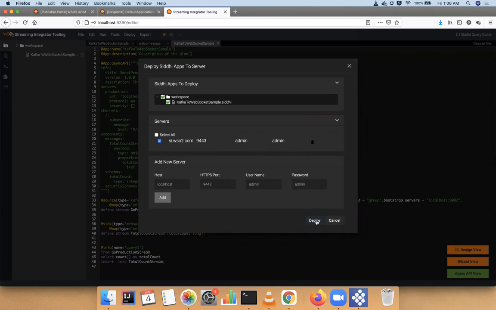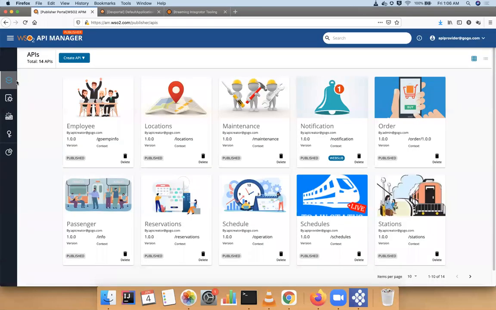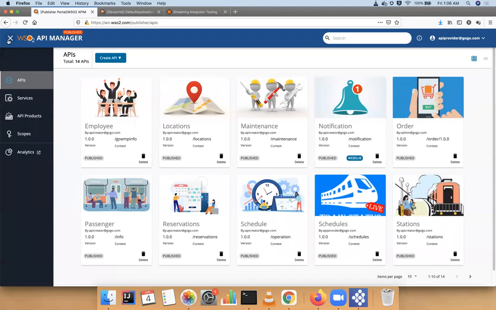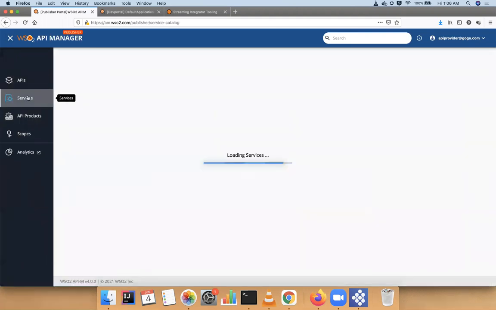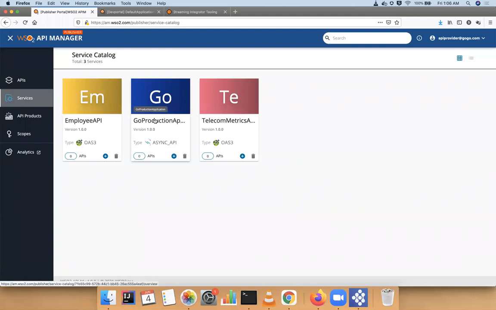Once you deploy this service and the other two services that I designed, if you go to API Publisher, when you expand the left menu, you see APIs, services, products, and scopes. So if you go to services, then you will see relevant entries for the services I created.